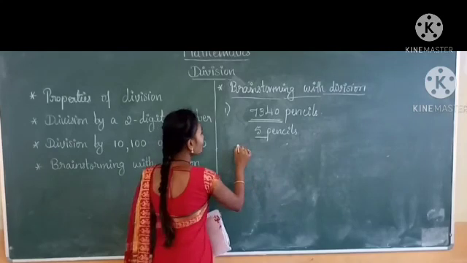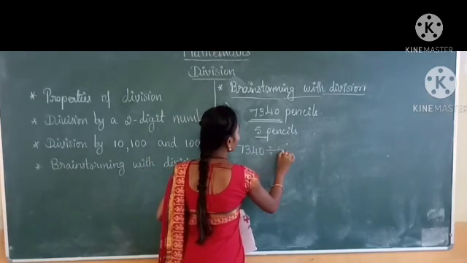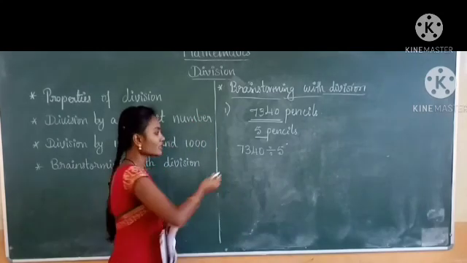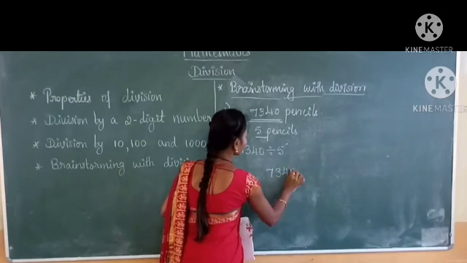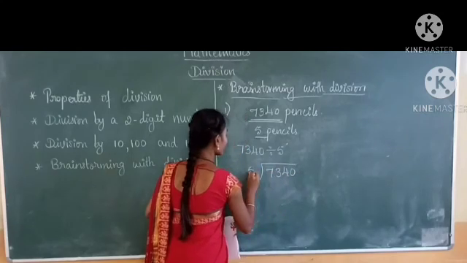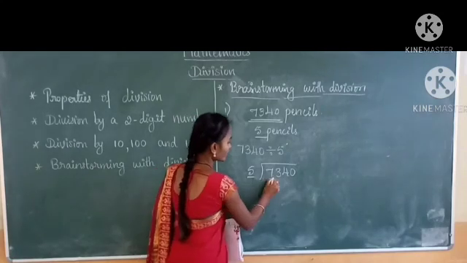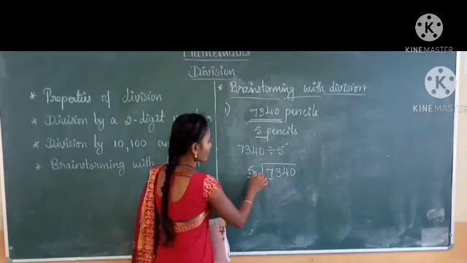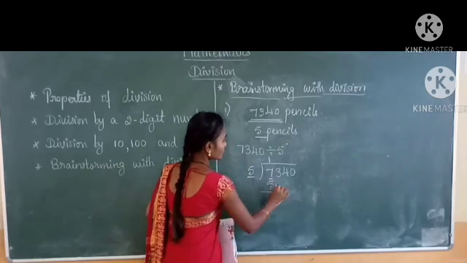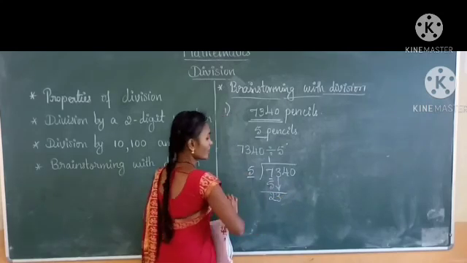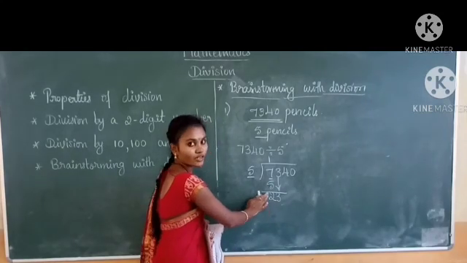For that, you have to divide this 7,340 by 5. So it is 7,340 divided by 5. So this is a one digit number. Therefore take one digit. 7 is there. 5 ones are 5. 7 minus 5 is 2. Next number is 3. 5 ones are 5, 5 twos are 10, 5 threes are 15, 5 fours are 20, 5 fives are